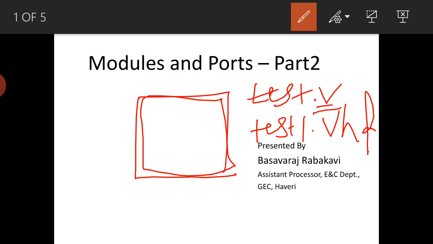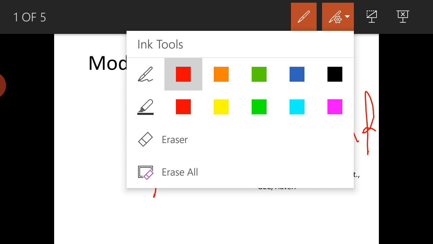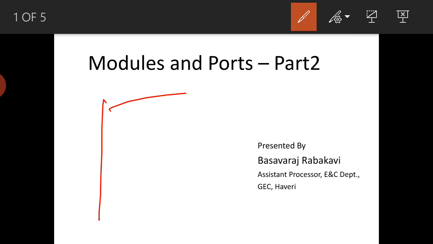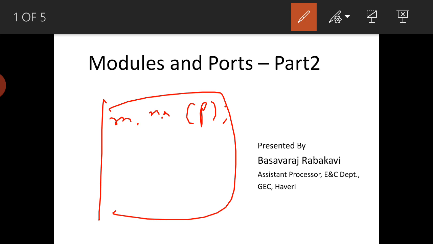So if this is a file and this is a Verilog module, it will start with the keyword module, then the module name, then we will declare the ports. After that, with the port list, we will declare what are inputs and outputs.